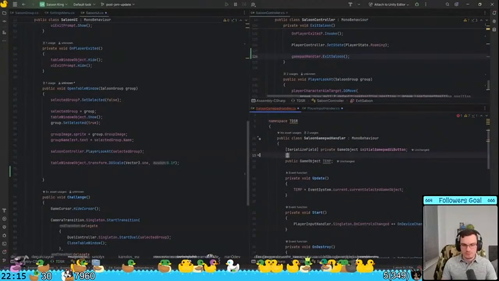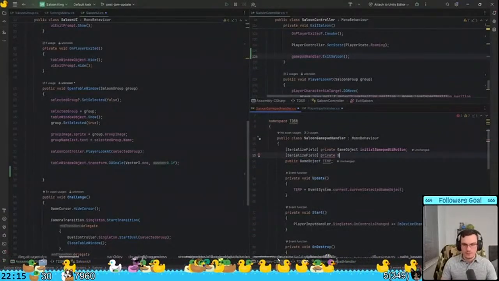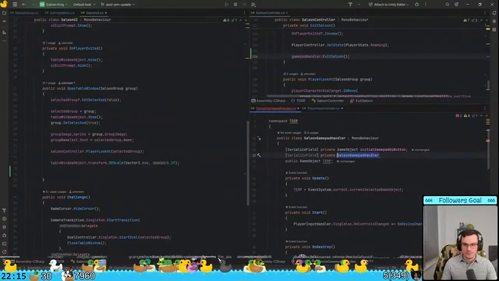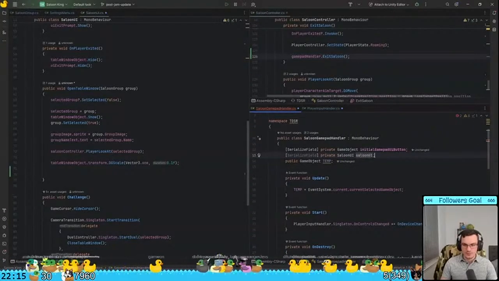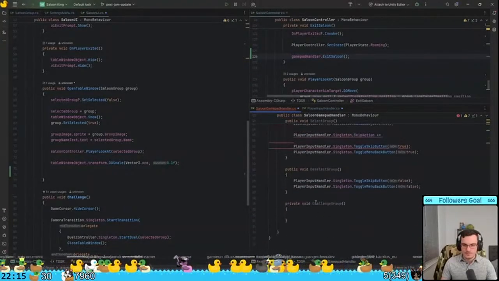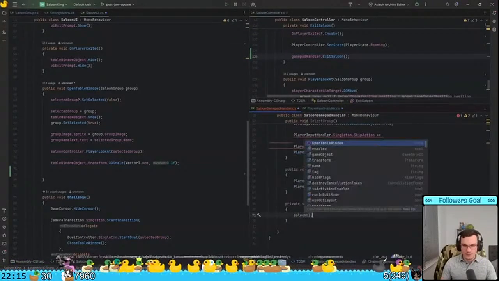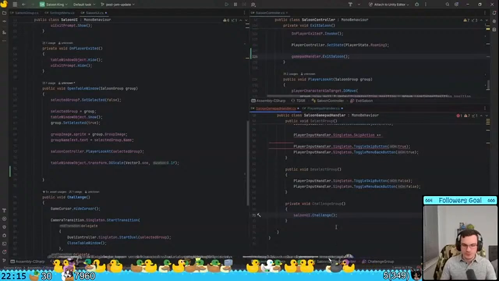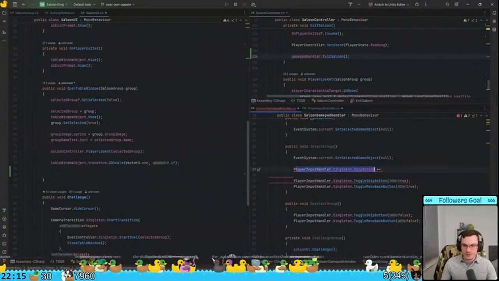Sorry, I'm just surprised. Saloon UI dot challenge. So the reason why I'm not subscribing this event is because when we are subscribing to